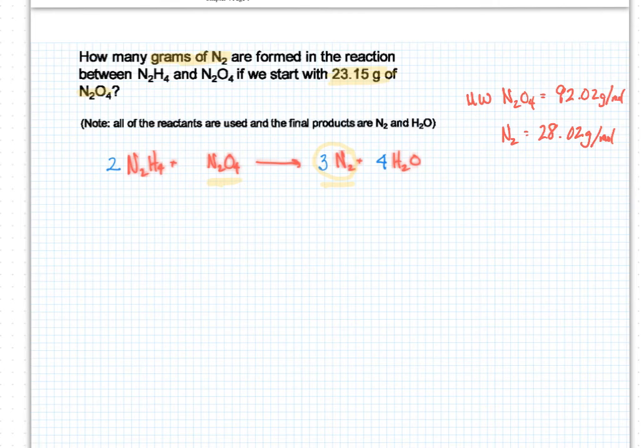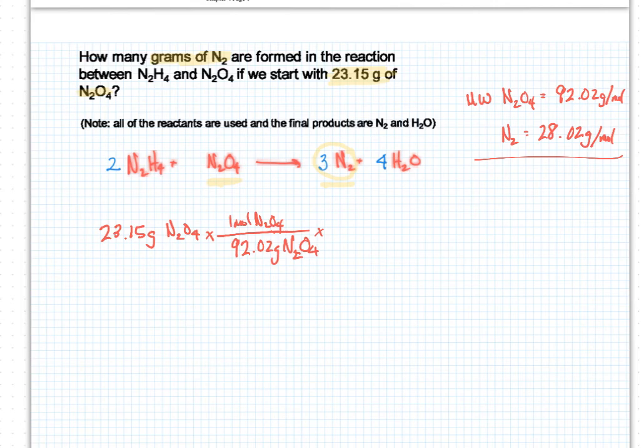Okay, so let's start our calculation. I've calculated the molecular weights. They're over here. So we start with N2O4, and we know we have 23.15 grams of N2O4. I need to convert this to moles. So this can be times 1 mole N2O4 for every 92.02 grams N2O4, times,